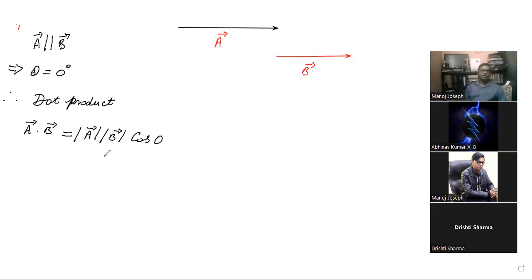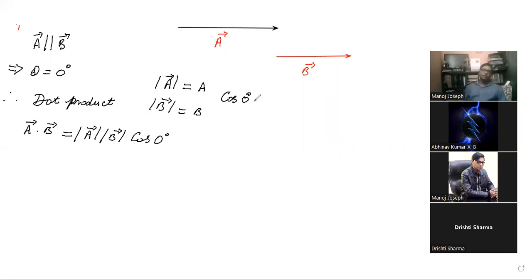So here the angle is 0 degrees. As you know, we can represent the magnitude by removing the vector sign above the head of the letter. Similarly, the magnitude of vector B can also be represented by B itself, and the cos